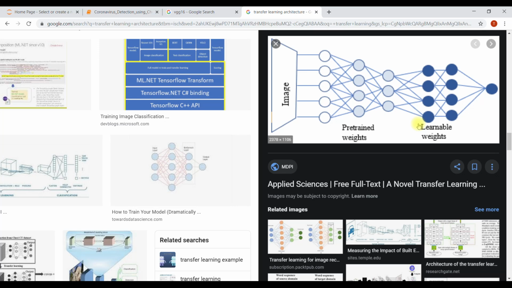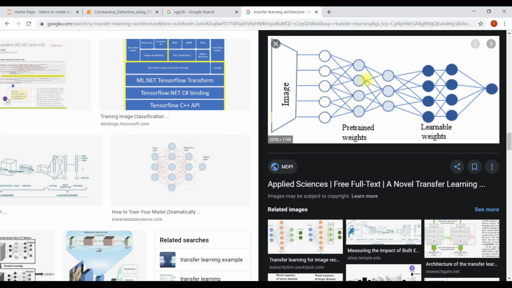It means when you have a model which has already been trained for hundreds or thousands of classes, to train for a new class we're going to use that exact model, because that model already knows how to extract features, the shapes, the edges, the colors and all.